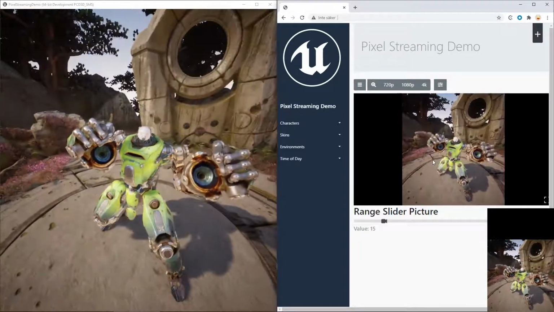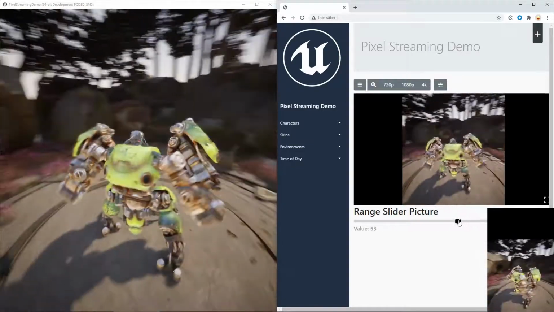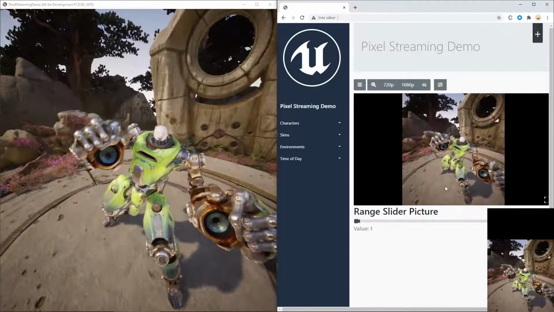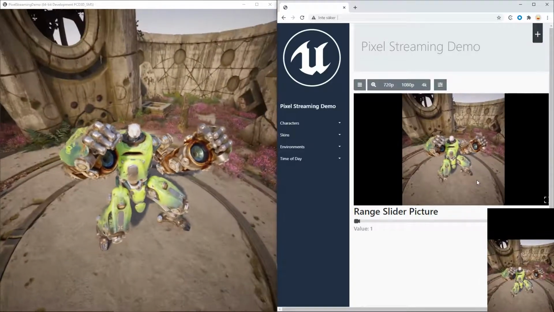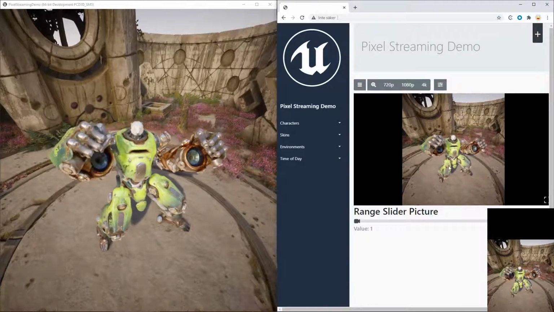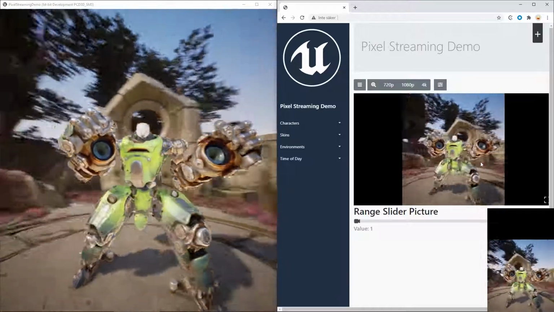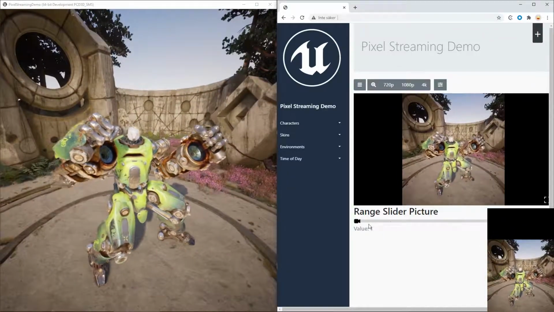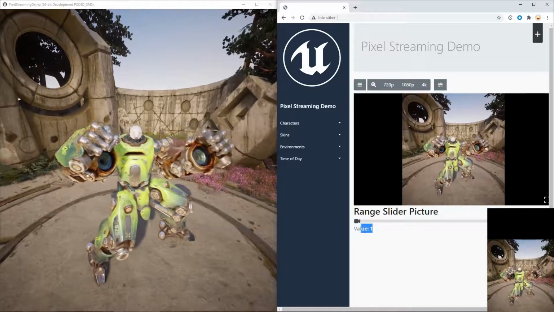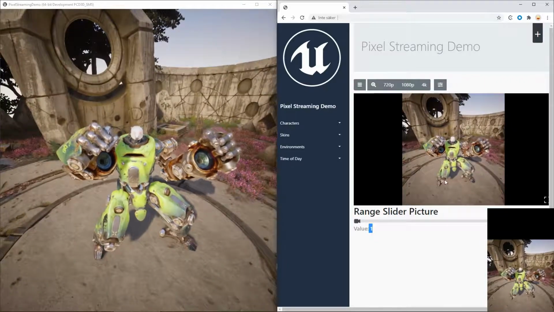In the last tutorial, we went through how to create a HTML slider that sent a value to Unreal and later changed the yaw input of the camera. In this tutorial, I want to do the other way around and send back a camera yaw input to the website of the pixel streaming application and change the slider as well as the value down here. Let's get started with this.